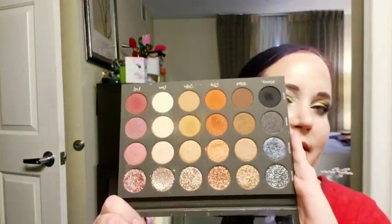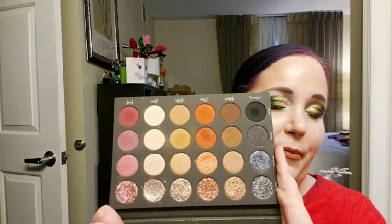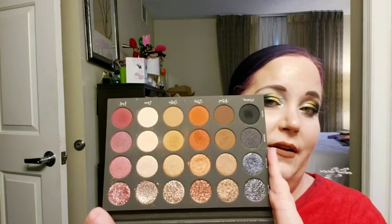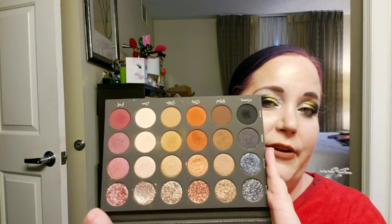It's a neutral palette, so I mean, it's called Textured Neutrals, but this palette is so versatile, and I feel like I can create so many different looks with it that all look different, and I love this palette so much. So I'm sure you guys have already seen the inside of this. I've already done a collab with my friend Heather from Heart of Heather with this. I have a collab coming up with this, and I've done other videos on my own with this. And I just